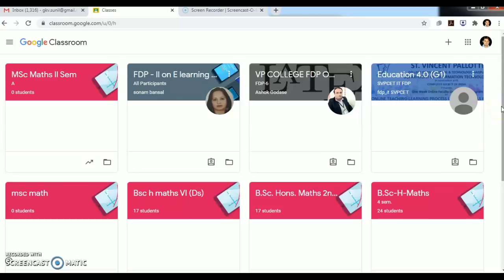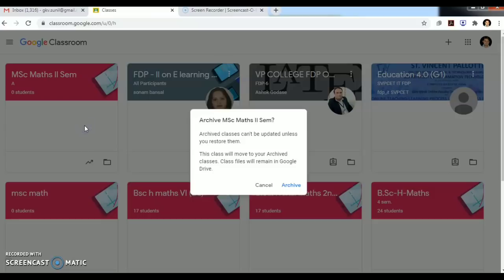Now suppose you want to delete a class, then we have to go on the class and click on these three dots. Now there are options: move, edit, copy. We don't have any direct option of deleting, so first we click on archive the class. Archived classes cannot be updated unless you restore them. We click on archive.